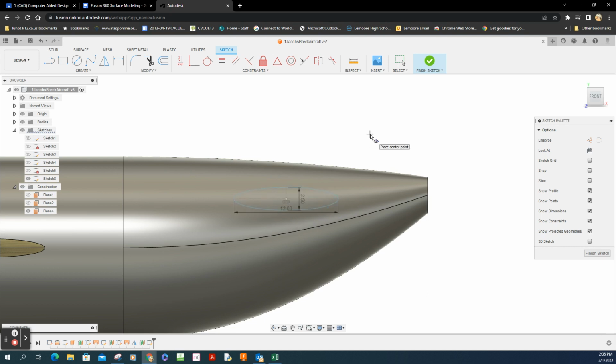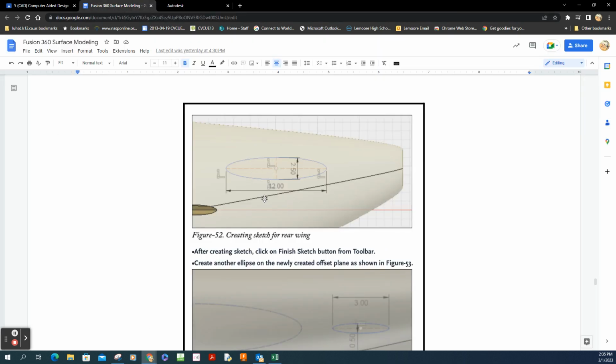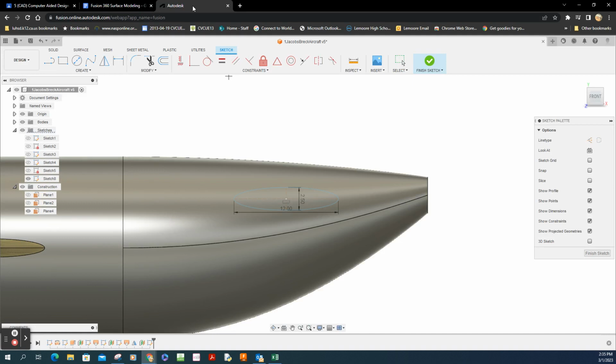Perfect. Take a look at the picture. You want to place it kind of in here in that region. Eye it. So I'm going to take it about right.